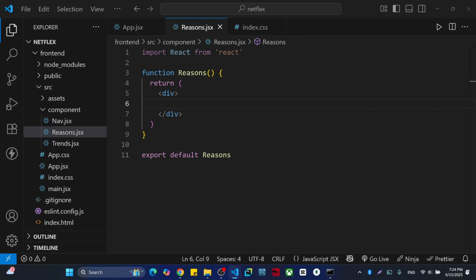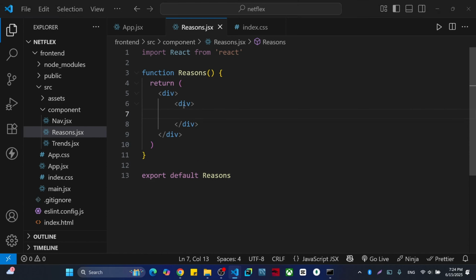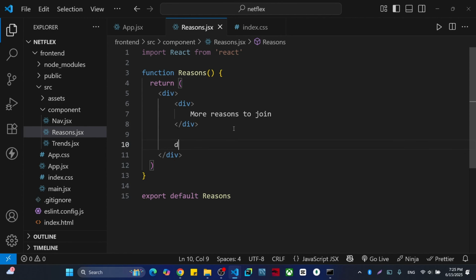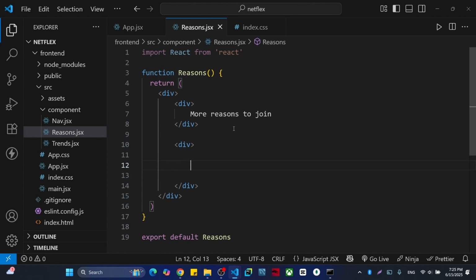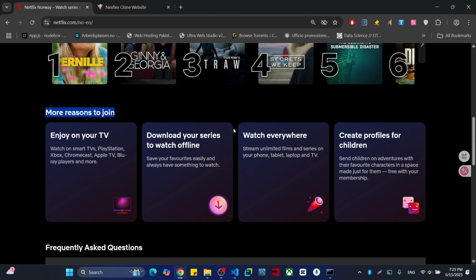If I'm going to add a div, I'm going to write reason to join, and one more div, the main box div. Let me just show you, I'm going to add this one. Here then I have join on your TV, for example,